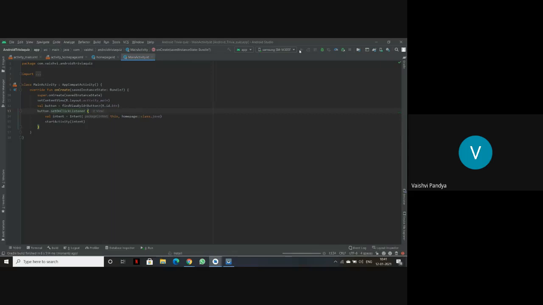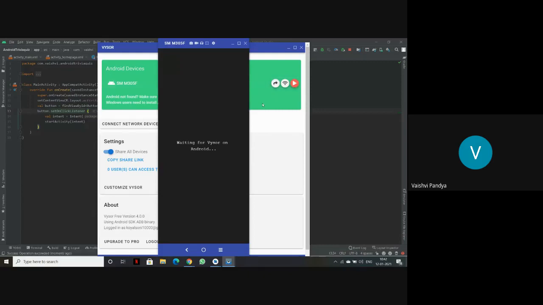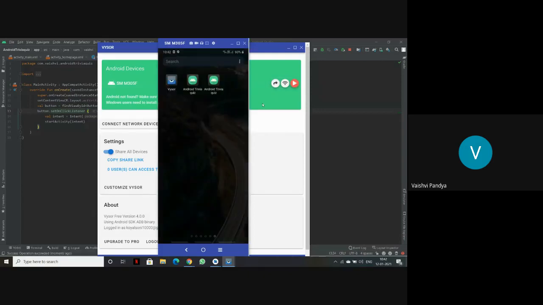As you may have noticed, the first program was taking time to run, but now it is running faster. So now we'll again see the visor. So this is my phone screen. As you can see, there are